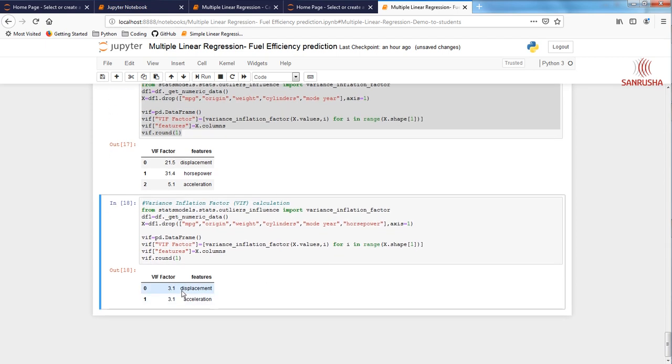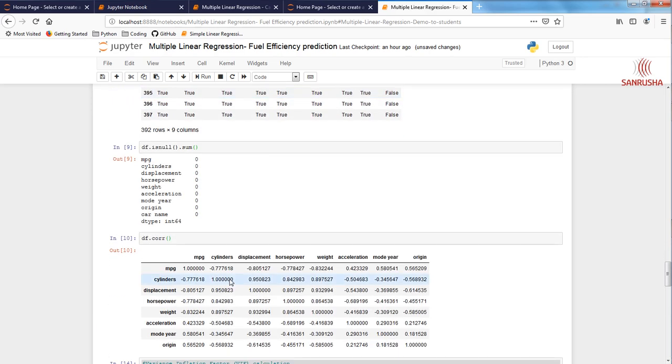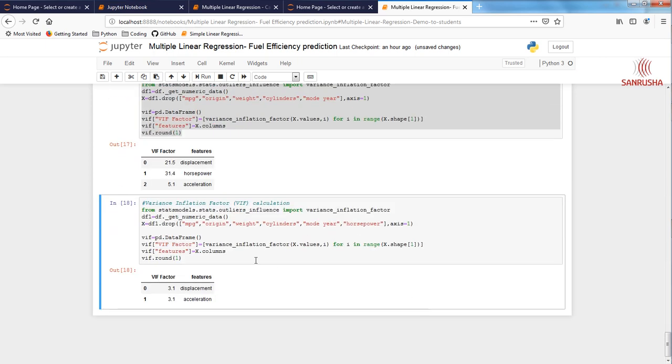Awesome. So finally we have two independent variables, displacement and acceleration, and those are going to be part of our data model. Look at this. This is called data exploration. When you understand your data, your life becomes very easy. We started with 8 independent variables, but now when it comes to creating our model, we know we don't need 6 of them. We are only going to need 2 of those independent variables to predict MPG.